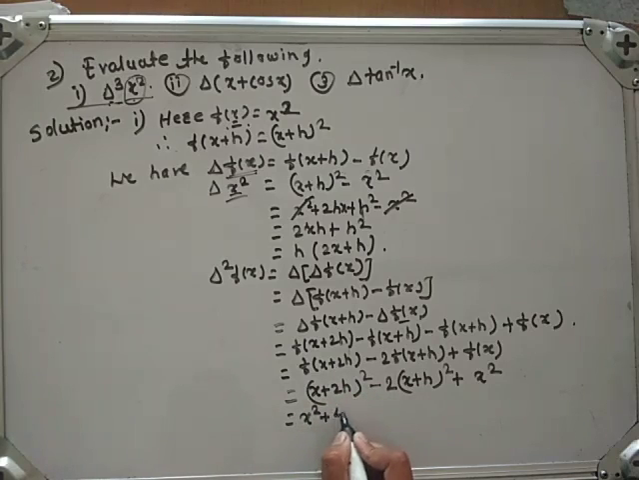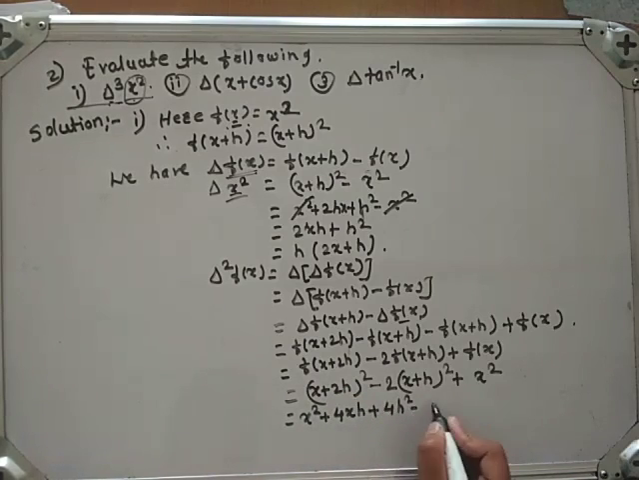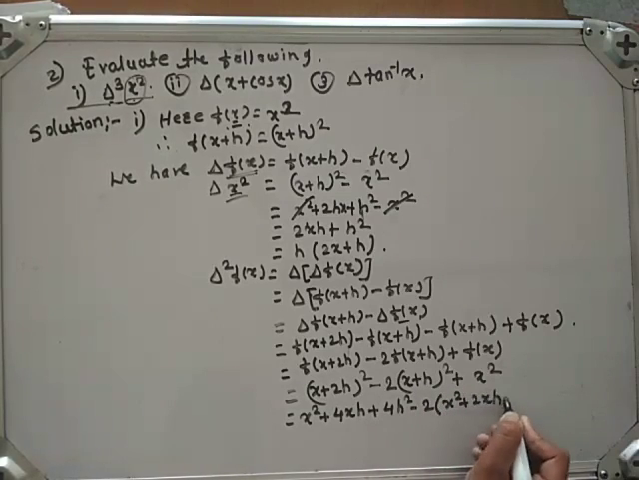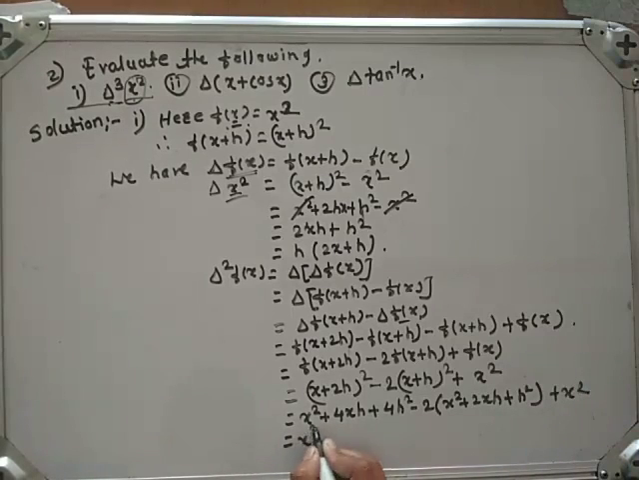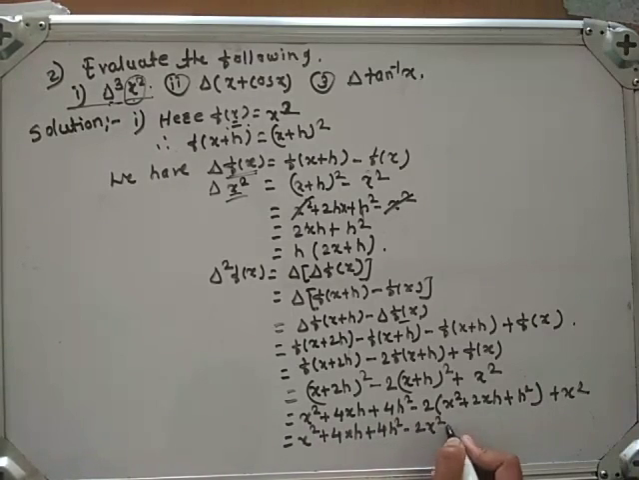Which is equal to, expanding this bracket, we get x square plus 4xh plus 4h square minus 2 in bracket x square plus 2xh plus h square, plus x square, which is equal to x square plus 4xh plus 4h square minus 2x square minus 4xh minus 2h square plus x square, okay, which is equals to,